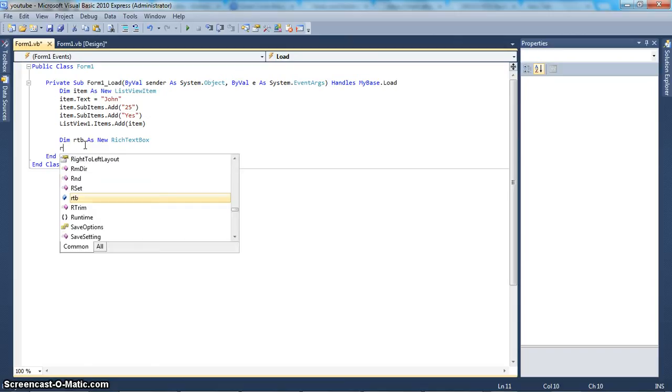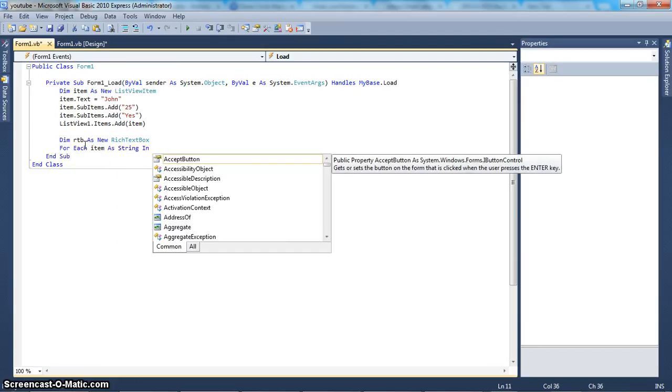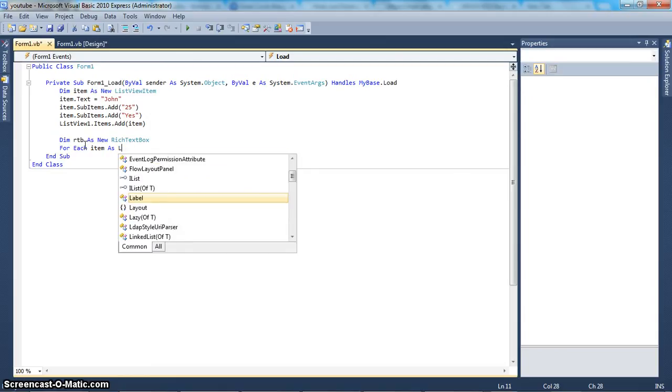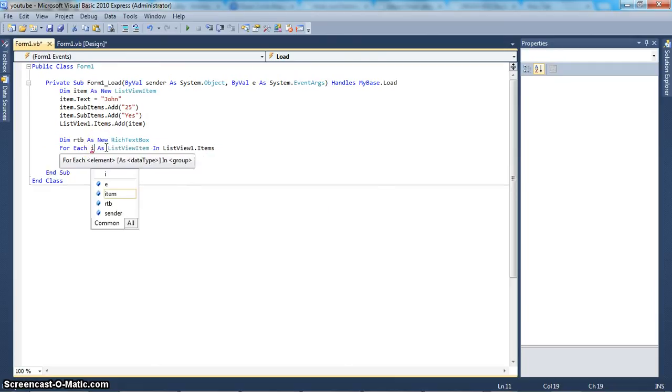We're going to say for each item as ListView item in ListView1.items. A lot of item here. Whoops, item is already declared. Let's name it save item. So for each save item as ListView item in ListView1.items, we're going to say